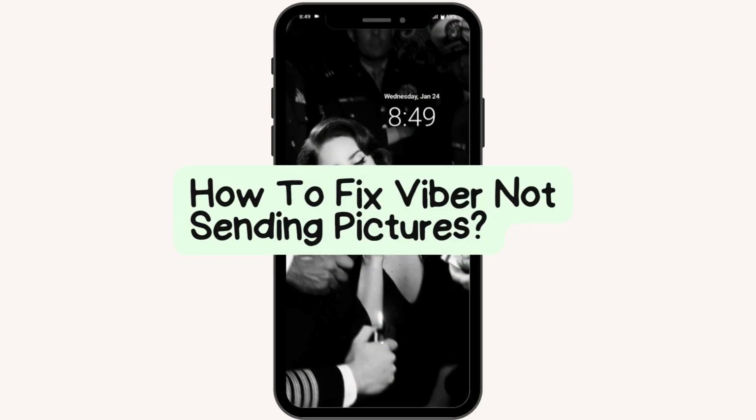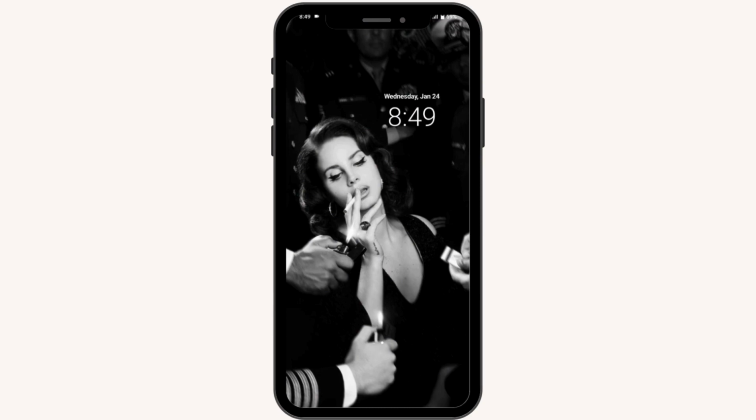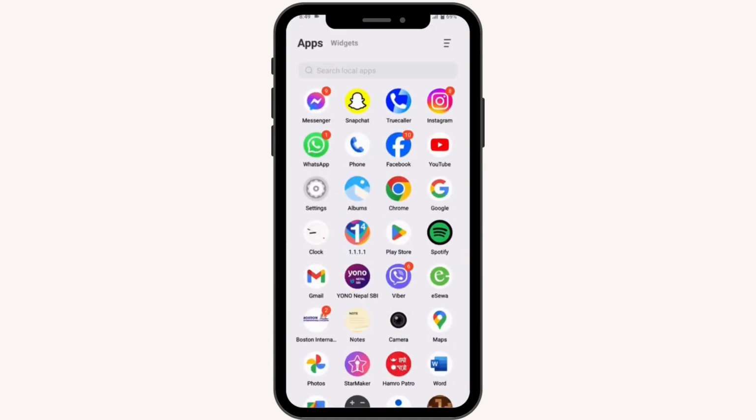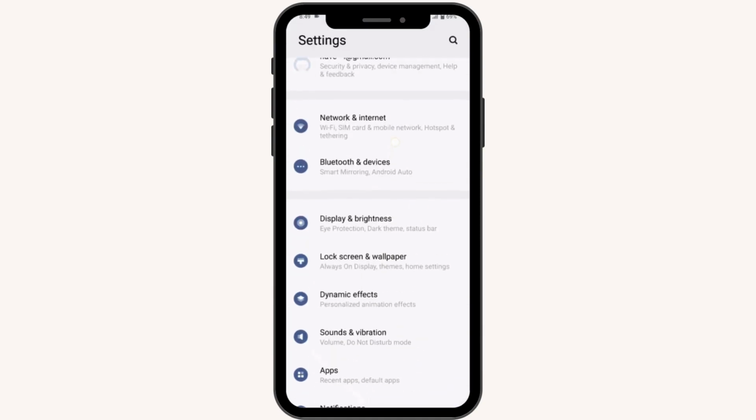How to fix Viber not sending pictures. So if you're facing a problem with Viber, then first you need to check your internet connection. And once you've checked your internet connection, now you can open up your settings and then scroll down and go